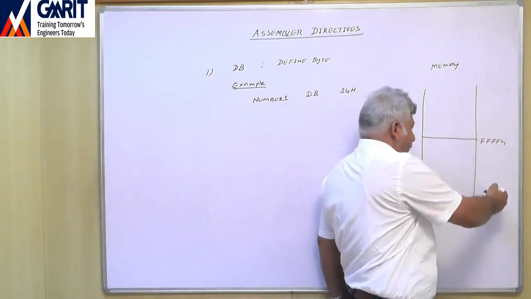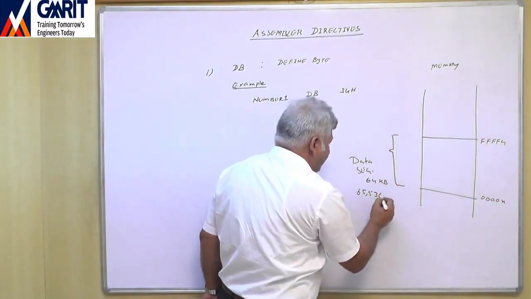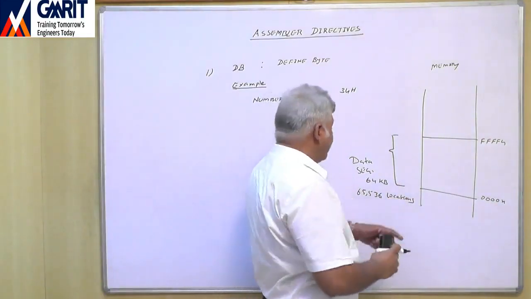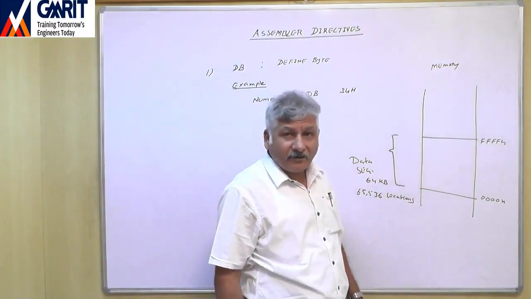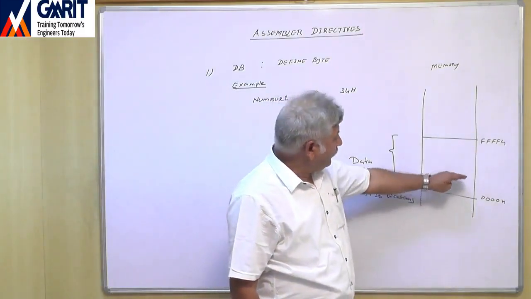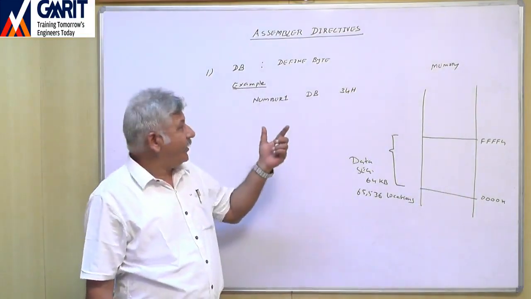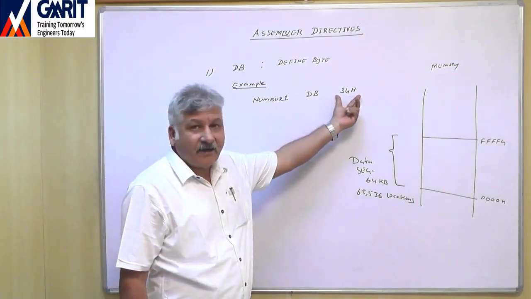So there are a total of 64 KB, which means 65,536 locations. So in the data segment there are 65,536 locations. Out of these locations, the assembler will assign one memory location, one offset location for this data,